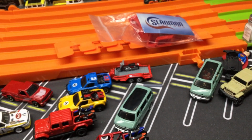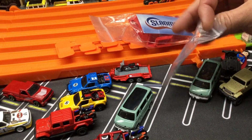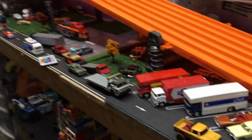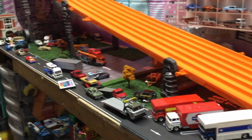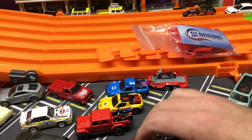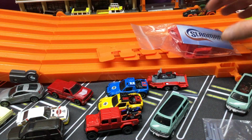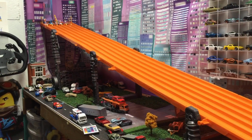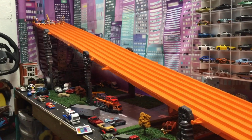But that's, you know, I'm kind of getting a little 1/64 scale setup here. As you can see down there, you got a little camping area. Even though I don't have the Lego City, I still am drawn towards city stuff. So basically what this is here, if you guys know, with the 6-lane racetrack, downhill track,